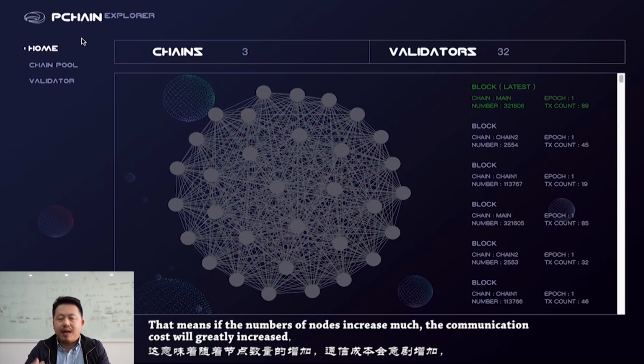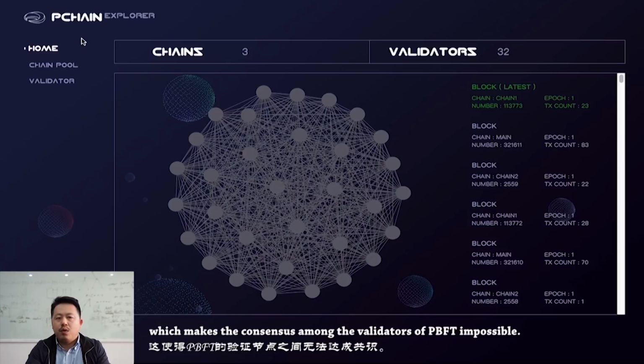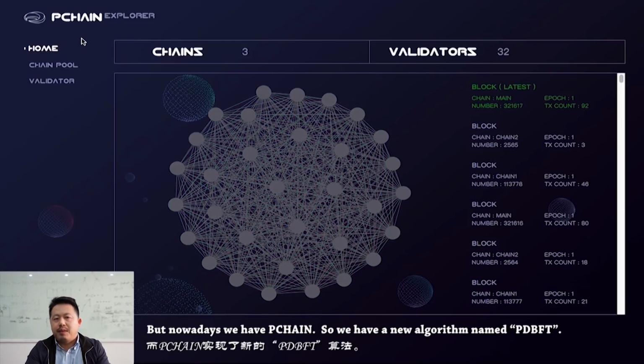That means if the number of nodes increases much, the communication cost will greatly increase, which makes the consensus among the validators of PBFT impossible. But nowadays we have Pchain, so we have our new algorithm named PDBFT.